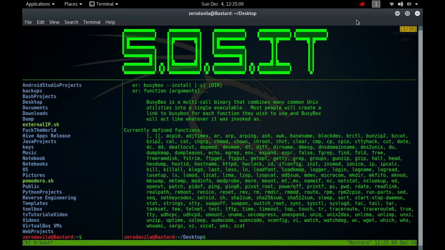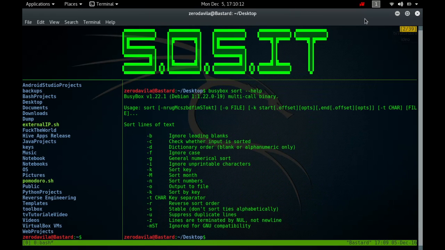So the sort is a simple and very useful command which will rearrange the lines in a text file so that they are sorted numerically and alphabetically. By default, the rules for sorting are lines starting with a number will appear before lines starting with a letter. The line starting with a letter that appears earlier in the alphabet will appear before the line starting with a letter that appears later in the alphabet. And the lines starting with a lowercase letter will appear before the line starting with the same letter in uppercase. The rules for sorting can be changed according to the options you provide to the sort command.